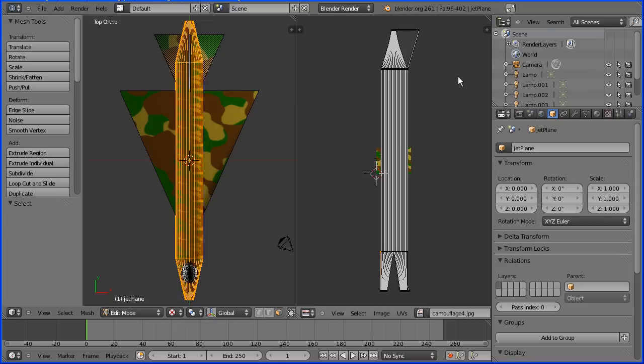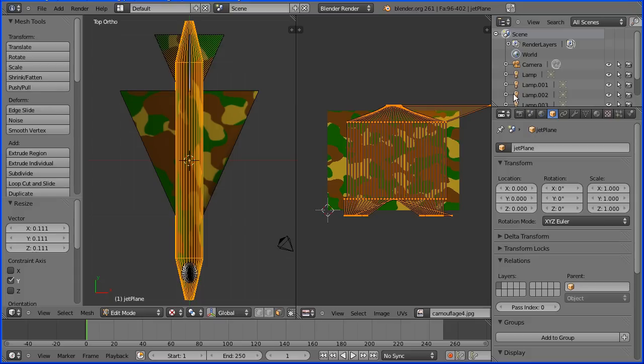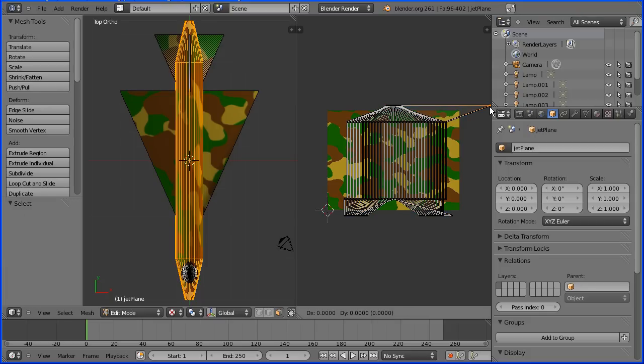I'm going to zoom back using the mouse wheel. I'm going to press A to select all, and I'm going to press S for scale and Y for the Y direction and shrink that down. I'm going to zoom in using the mouse wheel. I'm going to select this stray vertex, press G to grab, X for X direction and put that back. I'm going to try and pick up this stray vertex, G to grab, X for X direction and put that there. This one, G, X to move that back. I'm going to press B for B select and drag, G to grab, X for X direction and put those there,